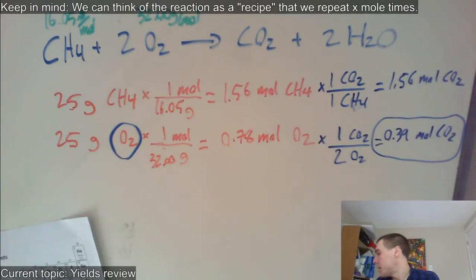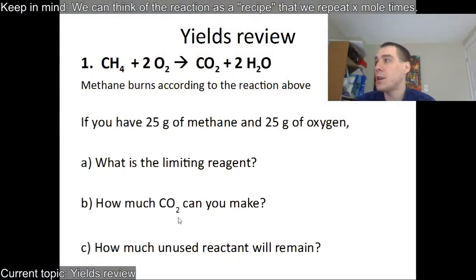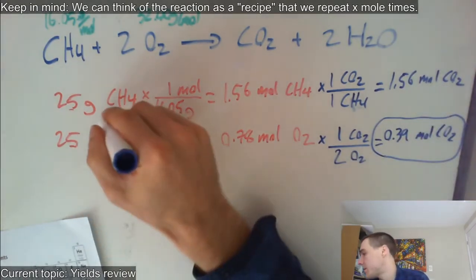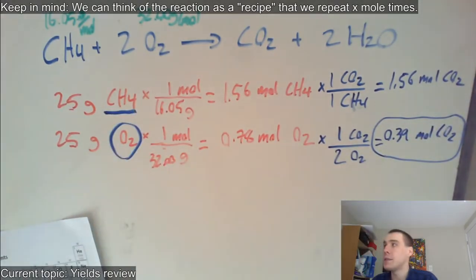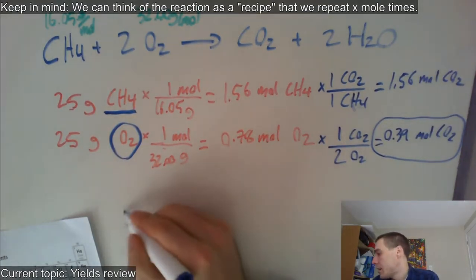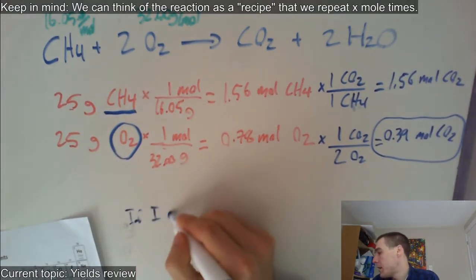O2 is the limiting reactant. Now the last question is the one that takes a little bit more work. The last question here is how much unused reactant will remain? Well, the unused reactant is the CH4, right? We're not going to use all of the CH4. So we can rewrite that question as: